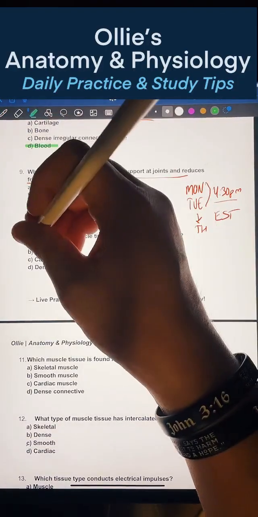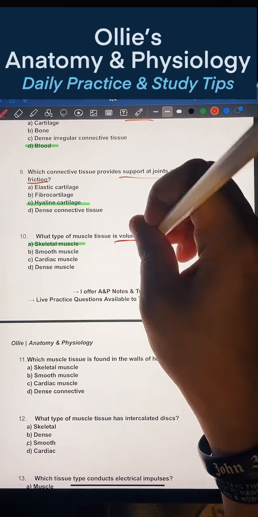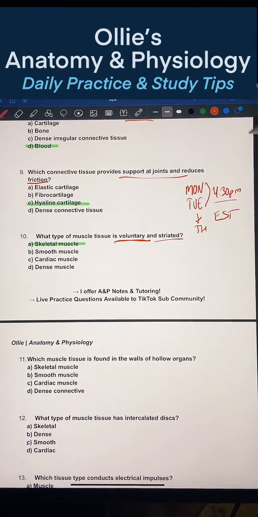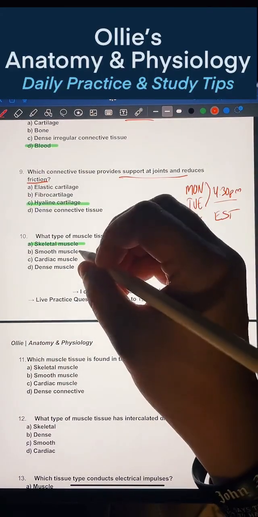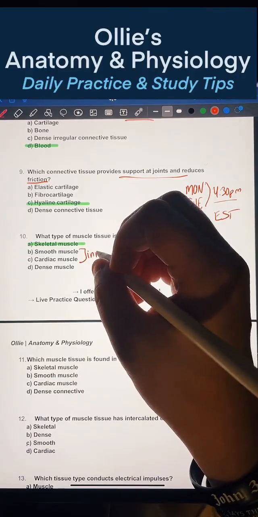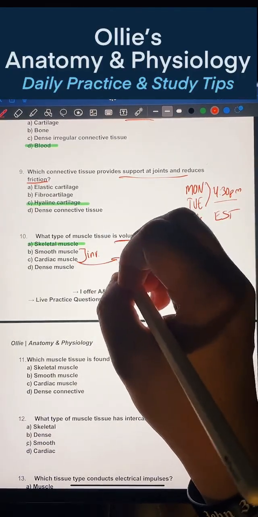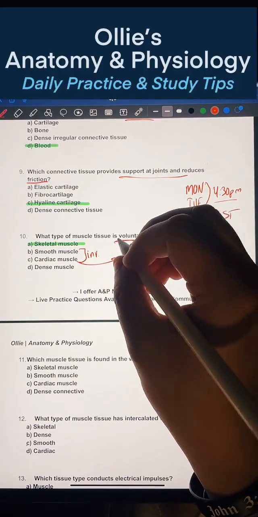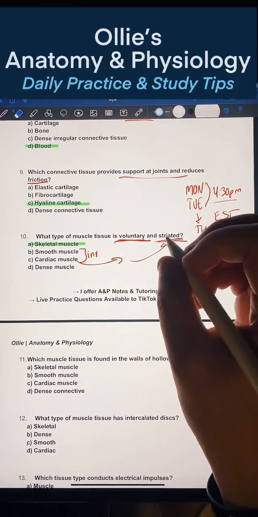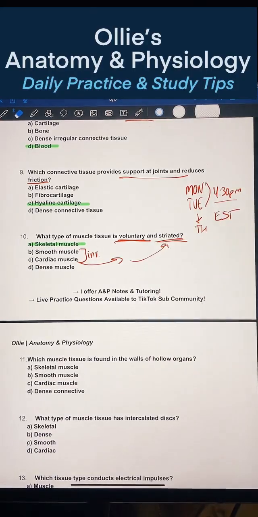It is skeletal muscle. Skeletal muscle is voluntary, meaning you have conscious control over that, and it's striated, meaning it has organized sarcomeres. Like I mentioned, I'm consciously controlling my hands. Smooth and cardiac are both involuntary, and cardiac muscle is striated, but it is not voluntary. Smooth muscle is neither voluntary nor striated, so it's involuntary and non-striated.